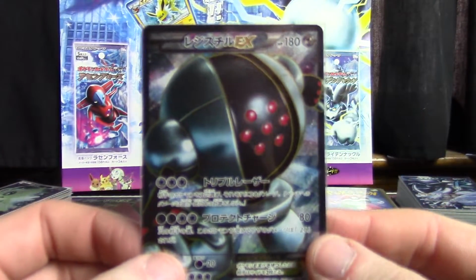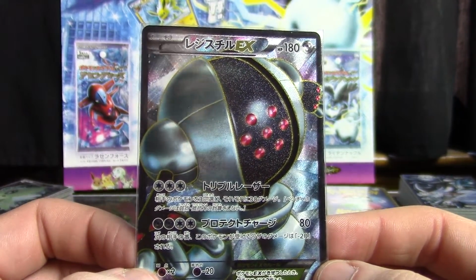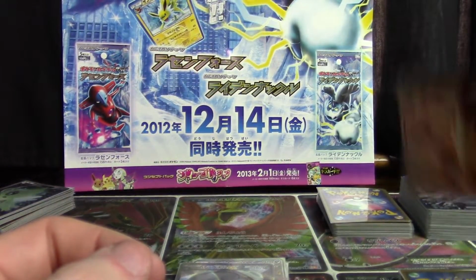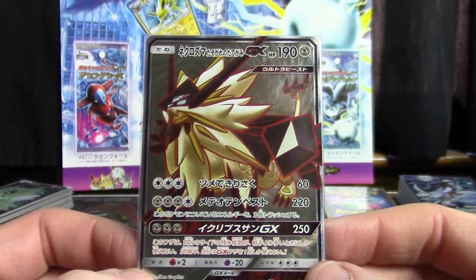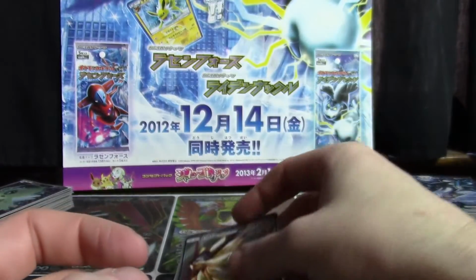42 is Registeel. This one I've always liked a lot for some reason. I like the darkness of a lot of the black and white full arts. It's a nice contrast to the super bright ones that we get now. Speaking of super bright, we have Dusk Mane Necrozma in at number 41. It's a cool enough difference to put it over the regular...